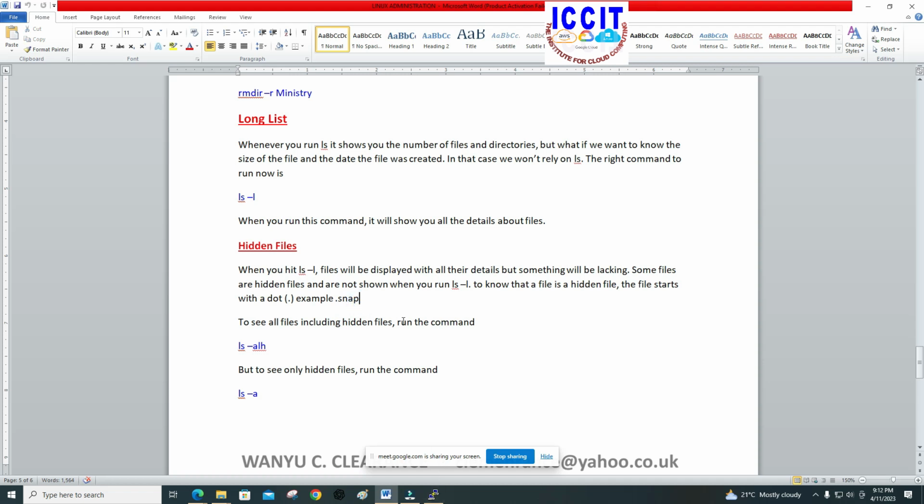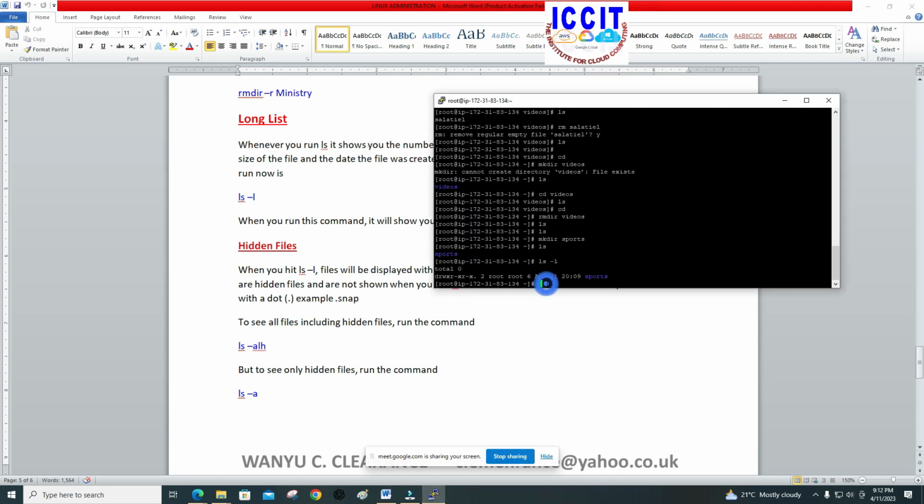And how can you see all hidden files? You run the command ls -alh. When you run the command ls -alh, you are going to see all your hidden files. Let us try it. ls -alh,